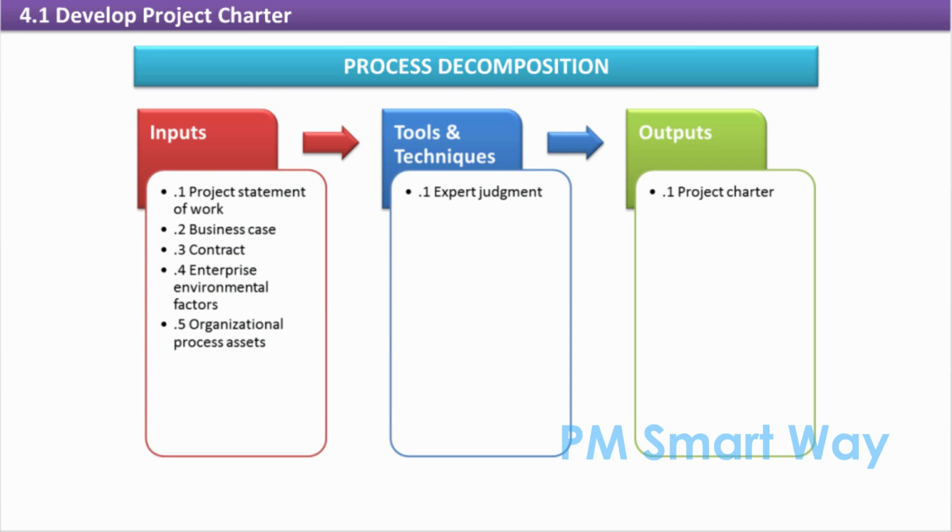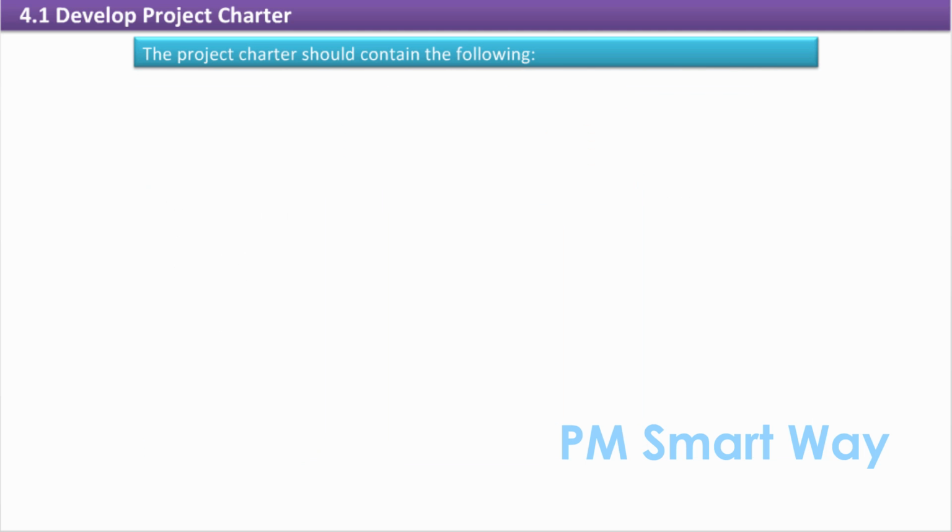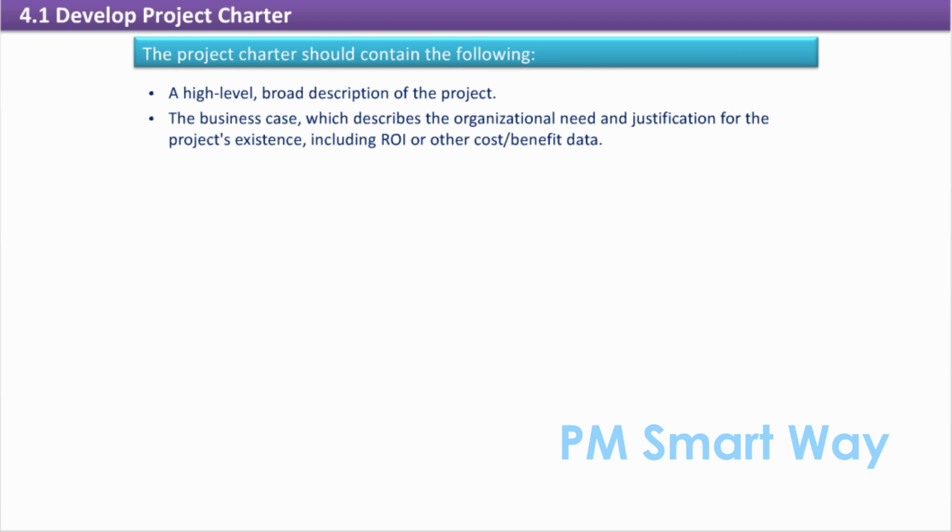Develop project charter. The project charter formally authorizes the project and establishes a partnership between the performing organization and the project stakeholders and yet-to-be-named project team. The charter can be as detailed as is warranted by the project, but it is usually done only at a high level. The project charter should contain the following: a high-level, broad description of the project,